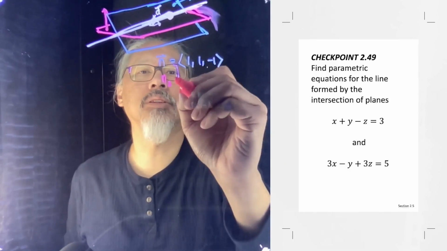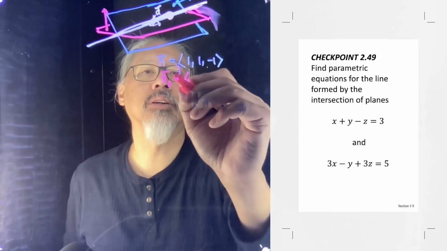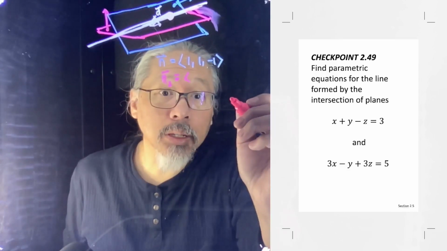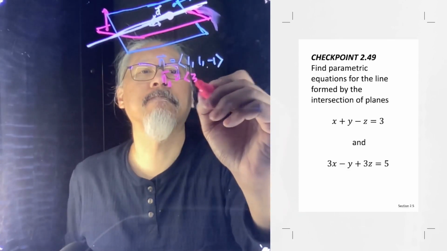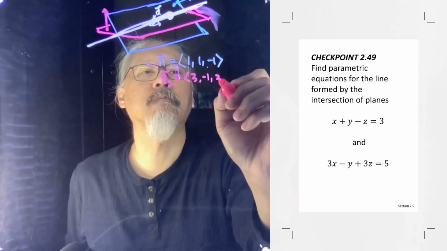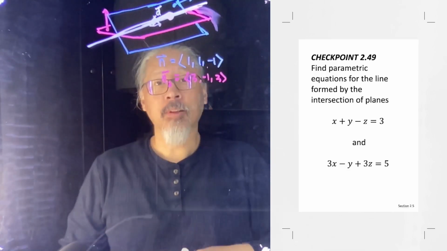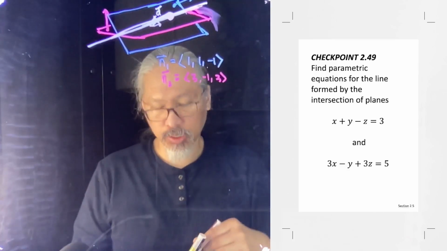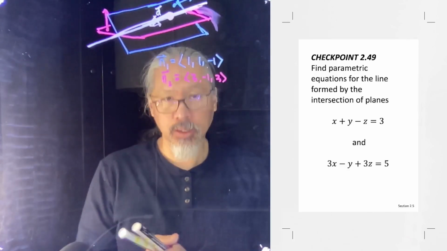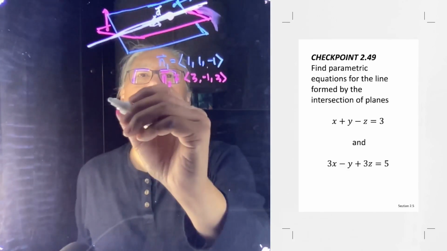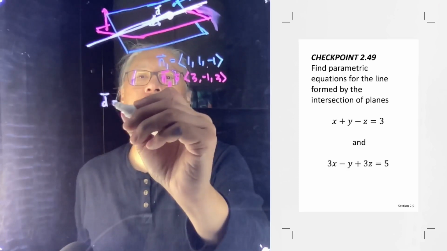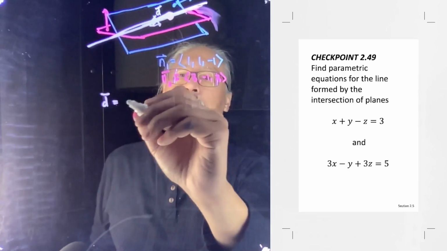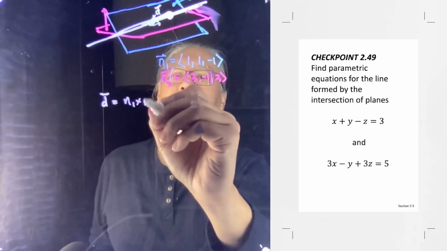Let's call that n2, and the coefficients are 3, negative 1, 3. Okay, and we take the cross product, we're going to get the direction that we want. So D will equal the cross product of n1 and n2,